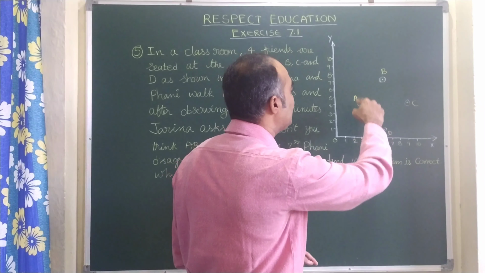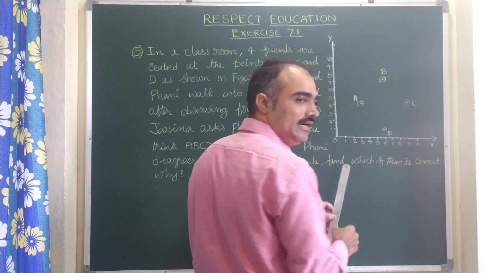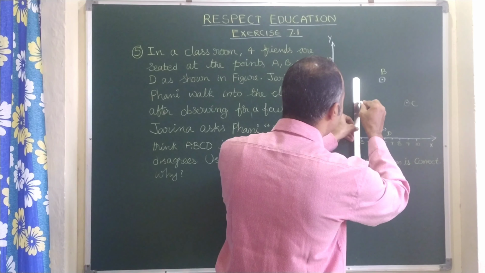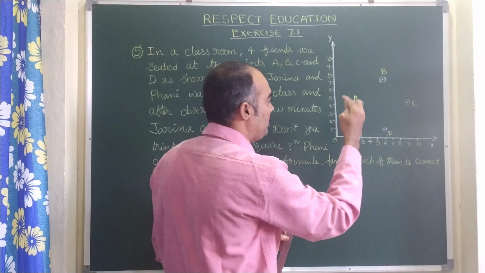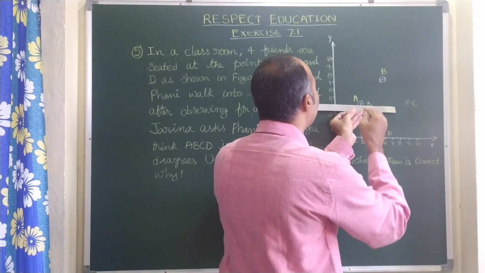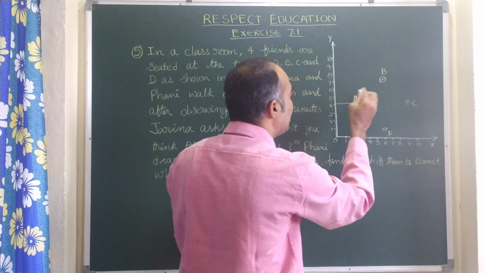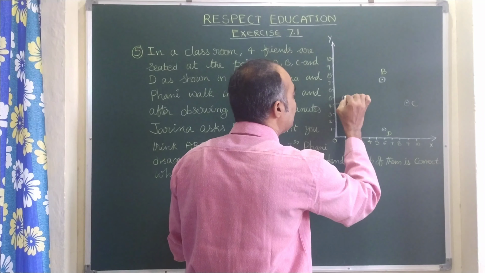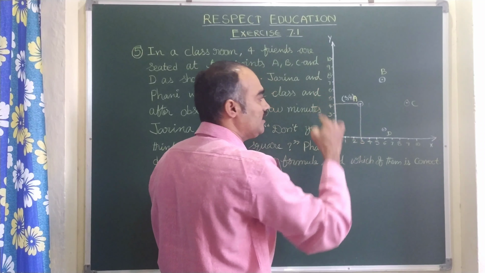See here, these are the given points A, B, C, D. Let us find the values of these points. For finding them, first we need to consider the x coordinate of point A. See here, it intersects at B. So here the x value of A is 3 and the corresponding y value is 4. So A is (3, 4). Here I am writing A is (3, 4), whose x coordinate is 3 and y coordinate is 4.